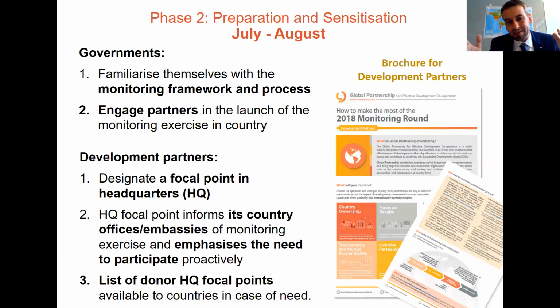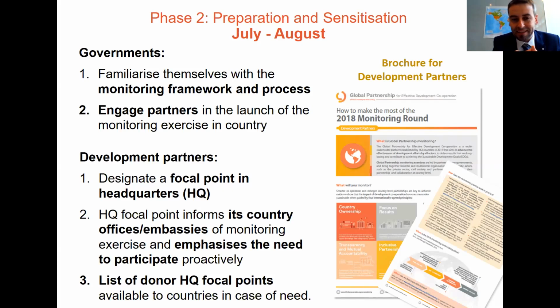It's important that not just you as government and national coordinator are trying to reach out and engage these partners, but that they understand that even their capitals at headquarters level are also committed to participate in this process. So they need to be proactive and not create any further delay through the process. So that's something that we are also trying to do in parallel to support you as you start this process of sensitization and awareness raising in the country.